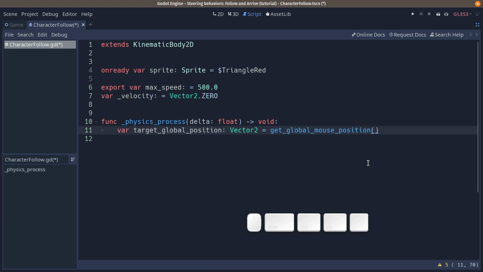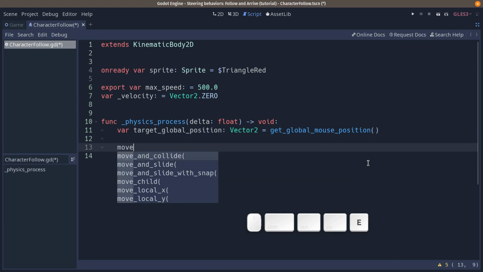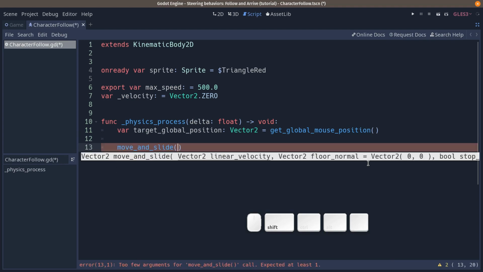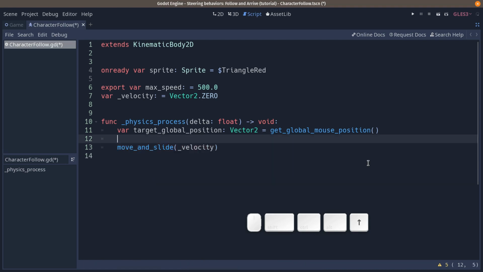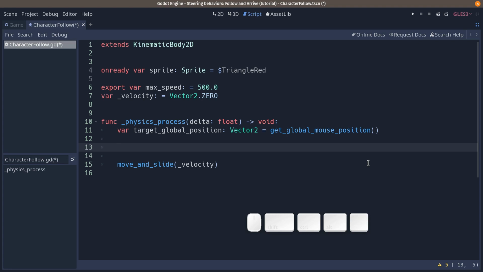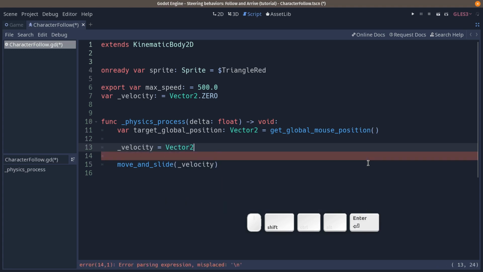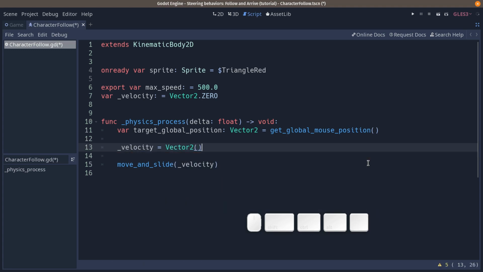From there, we are going to move the character based on the velocity at the end of our physics process here. So using move and slide, we're going to pass our velocity variable here. And in between, we need to calculate that velocity. Okay, we're going to do velocity equals something. I'm going to leave that for now, have just that template code, and we're going to code our first steering